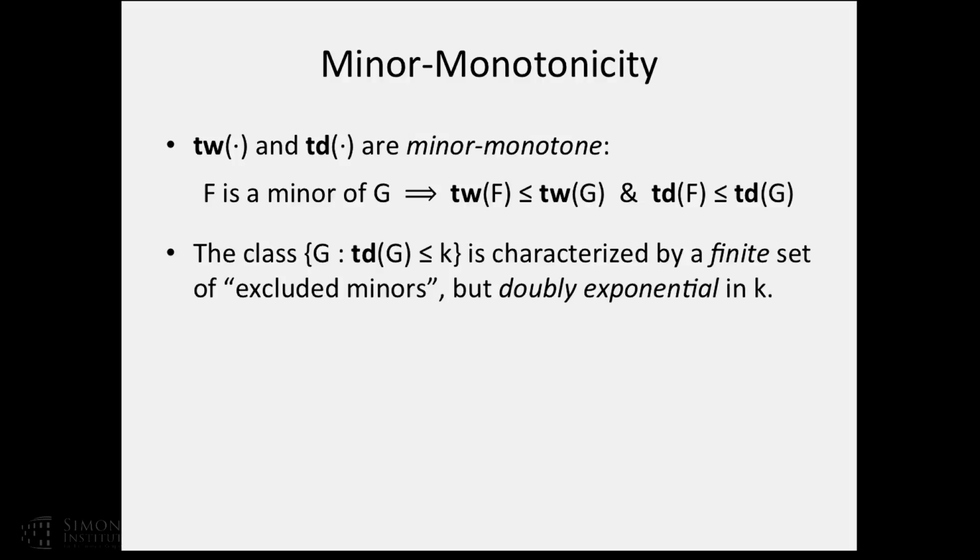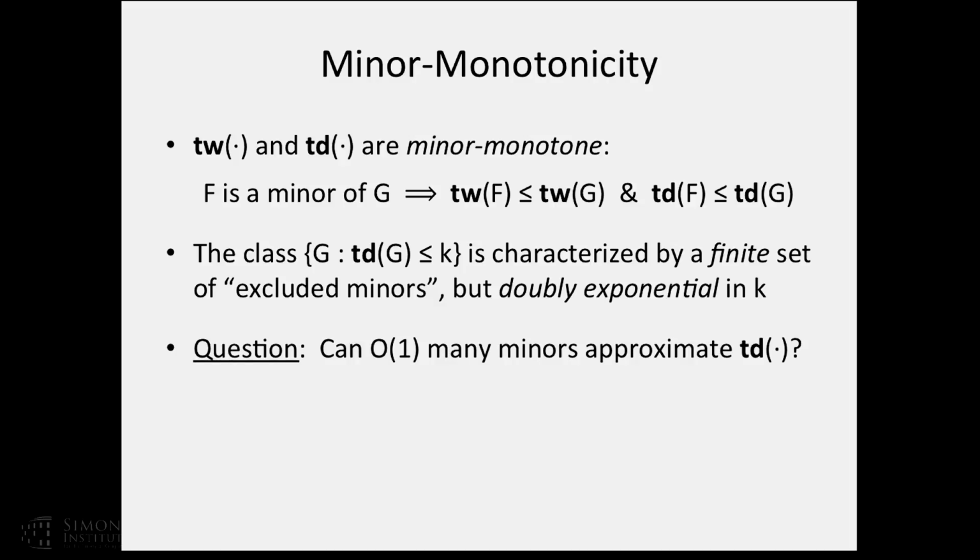So by the Robertson-Seymour graph minor theorem, it's known that if I look at the class of all graphs with tree depth at most k, this is characterized by a finite set of excluded minors. Okay? Well, although this set is finite, it's known to be at least doubly exponential in k. So characterizing tree depth in terms of excluded minors is a complicated endeavor. And